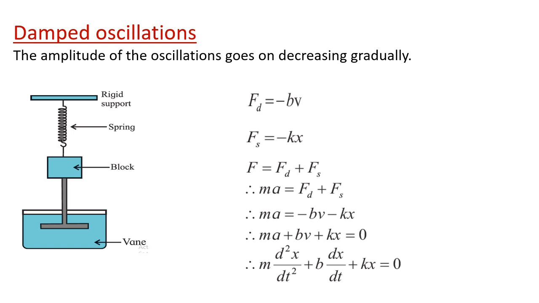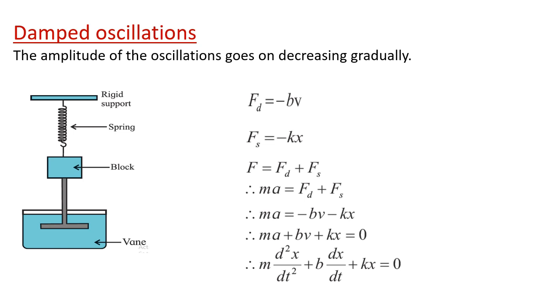It's very easy and simple to understand that when the bob of the simple pendulum is performing the motion, at each and every time the bob has to perform work to overcome the viscous drag offered by the air. So every time some amount of energy is lost in overcoming the viscous drag, and because the energy goes on decreasing at each and every point, the amplitude also goes on decreasing, and at one particular point the bob comes back to the rest position.